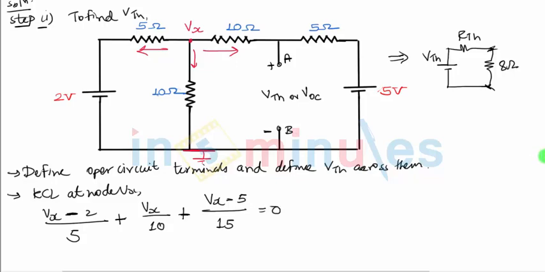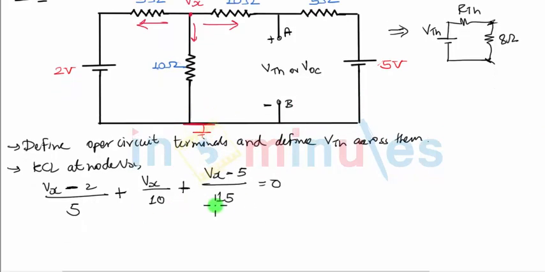Let's find out Vx from this first. The LCM will be 15, so the first term should be multiplied by 3, so that will become 3Vx minus 6 plus LCM will be 30, so let's multiply the first term by 6 because we already have found the denominator, so you get 6Vx minus 12 plus here it will be 3Vx because this time there is 10 in the denominator, and because there's a 15 here we'll multiply by 2, so it will be 2Vx minus 10 equal